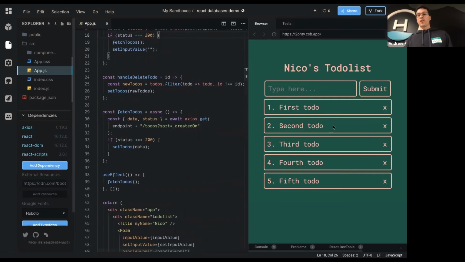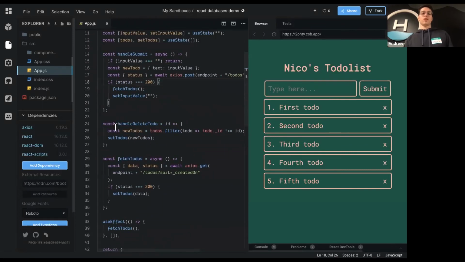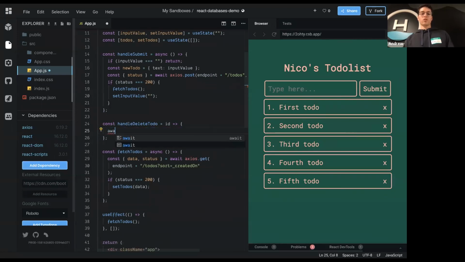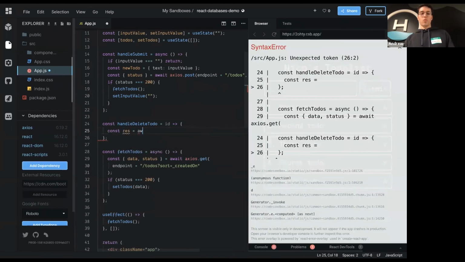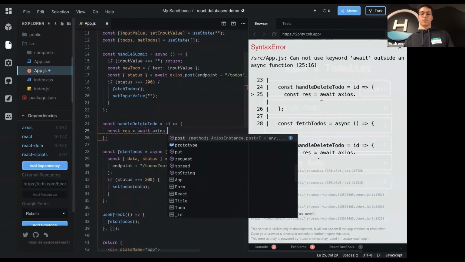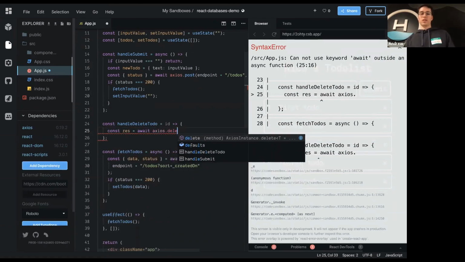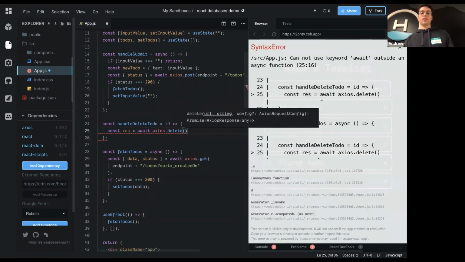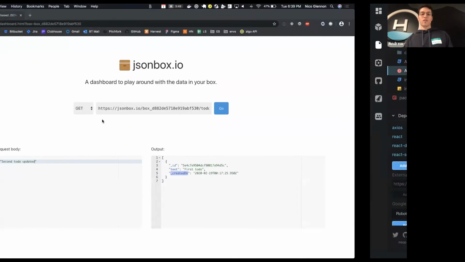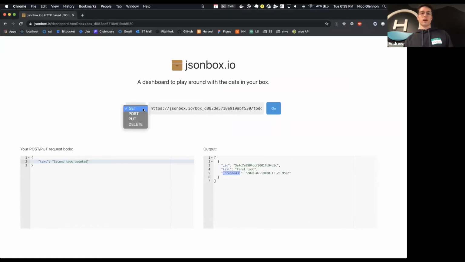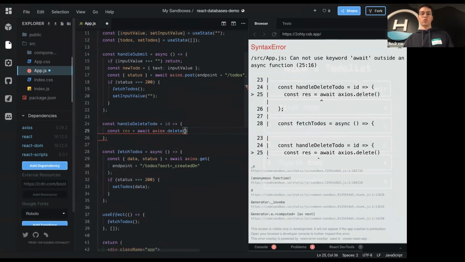So the last thing here for our app is the handle delete. This is going to be very similar, right? All we want to do is get the response. We're going to await Axios, and the method that we use is delete. Delete is a little bit different. Remember when I was showing you the different methods, to delete, we actually need to put the ID at the end of the resource name. So we're going to do endpoint